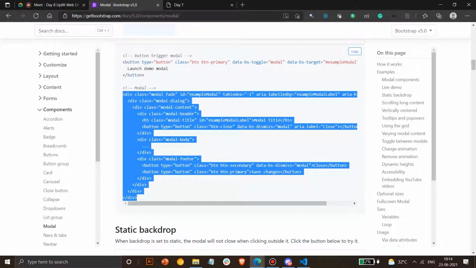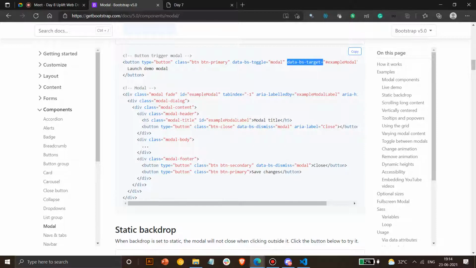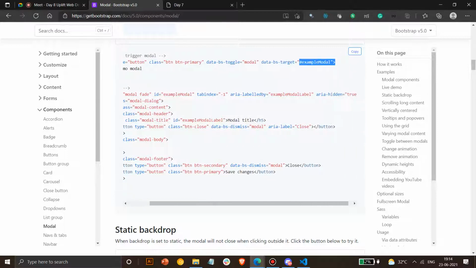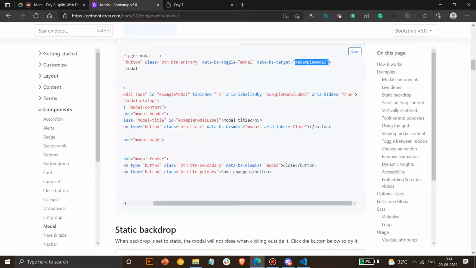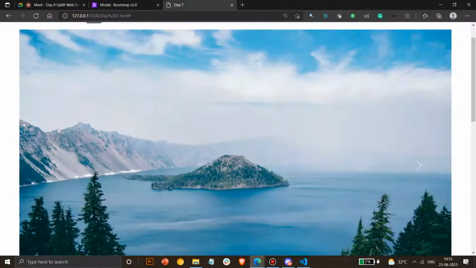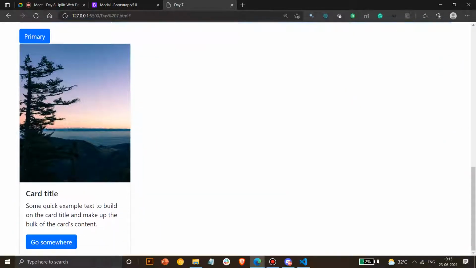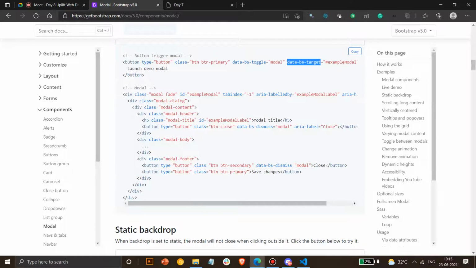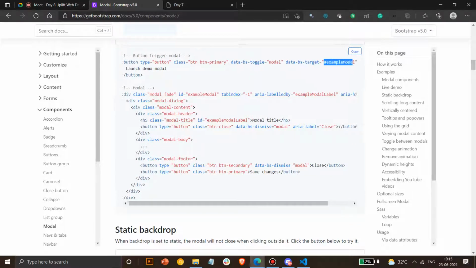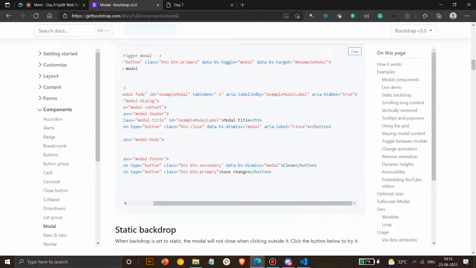So what happens is, data-bs-target specifies at which location this modal has to open. If you have multiple modals like this in a website, like hundreds of modals or pop-ups, on clicking of this it should open some other modal, and on clicking of this it should open a different modal. To specify which modal it should open, we have to specify it in data-bs-target, and whatever value you have written here, you have to specify the same id for it.